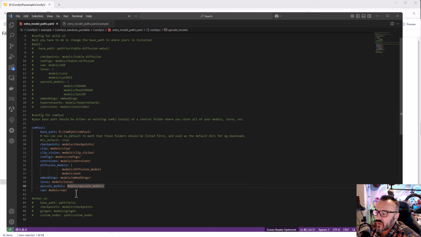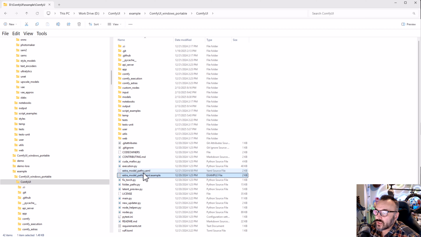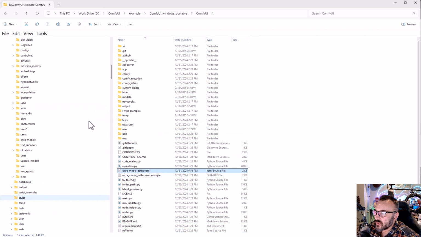You can also add additional paths. For example, if I have some other ones besides where I want to add, I can add an additional path to a specific model that it is looking for. After you're done, be sure you save, and you save it as model path.yaml, and just remove that example. Because I already did this, I'll just get my example YAML